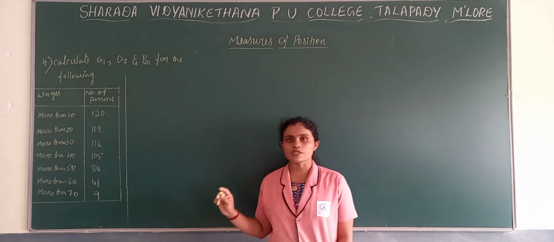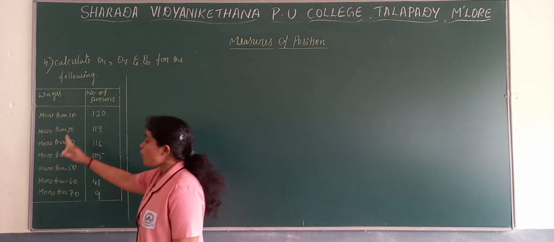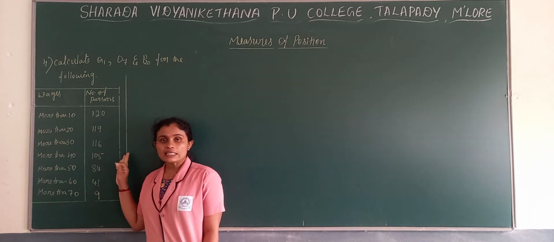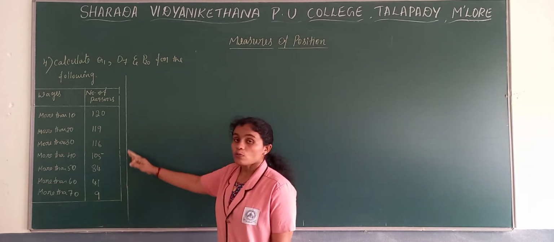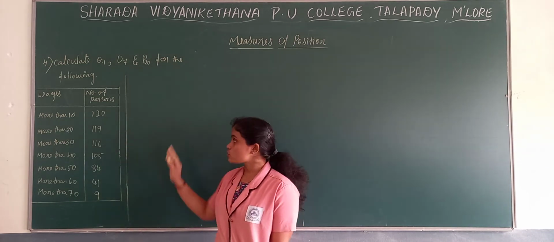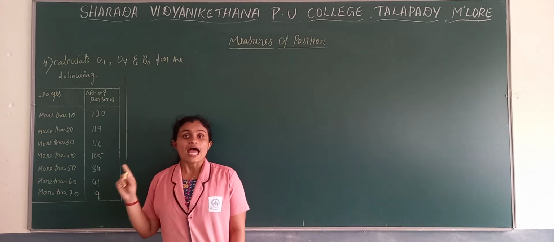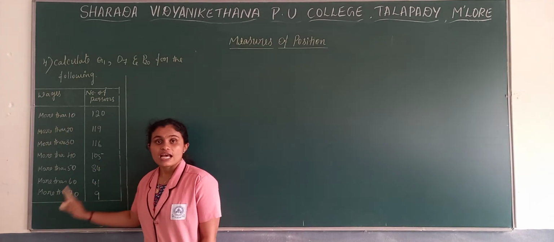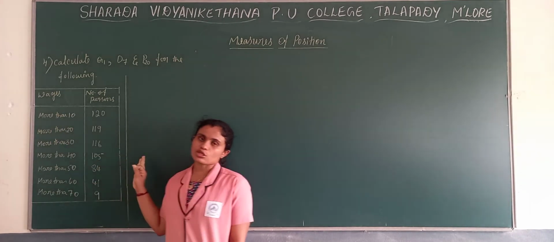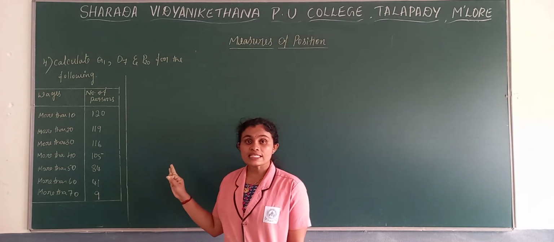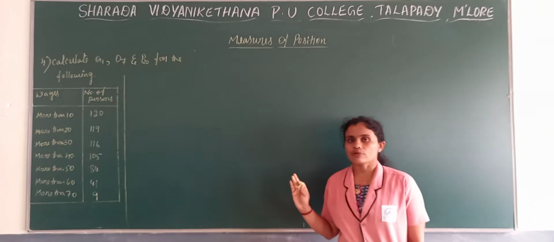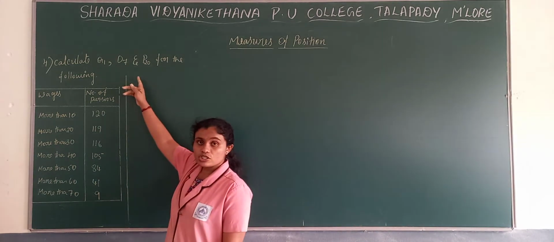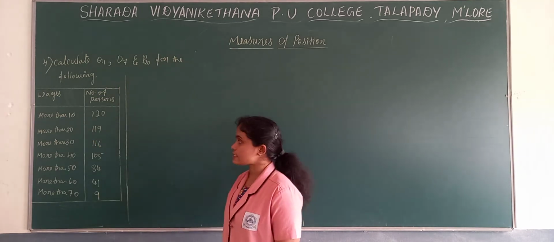That is nothing but MCF. When you get "more than" or "above" throughout the class intervals, whatever values are there in place of frequencies are more than cumulative frequencies. If you get a problem with "less than" throughout the class intervals, then this will be your LCF, less than cumulative frequencies. From LCF you need to find frequency, because we require LCF as well as frequency in order to solve measures of position, that is quartiles, deciles and percentiles.